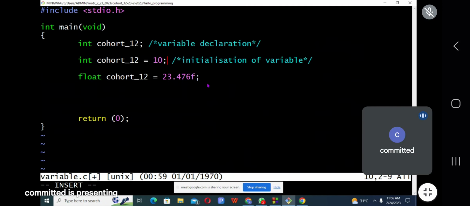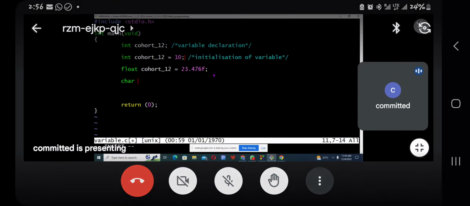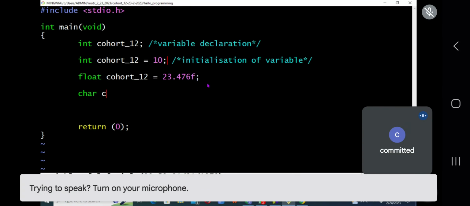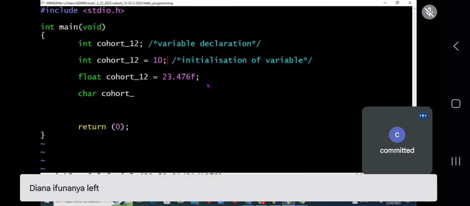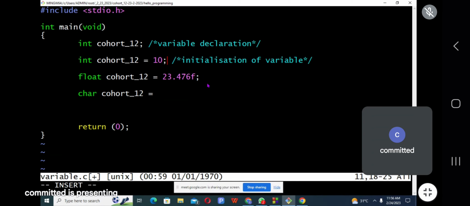So this is floats. Now, if you are declaring a character, you can always do it this way, 'A'. Or if you're having more than one character, to declare that, we introduce this.